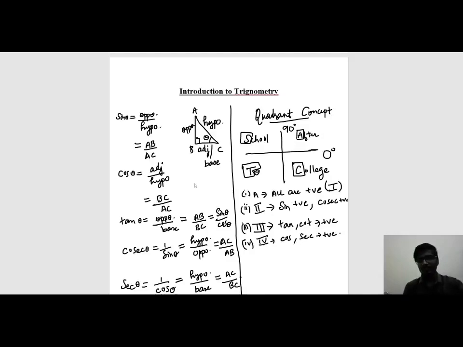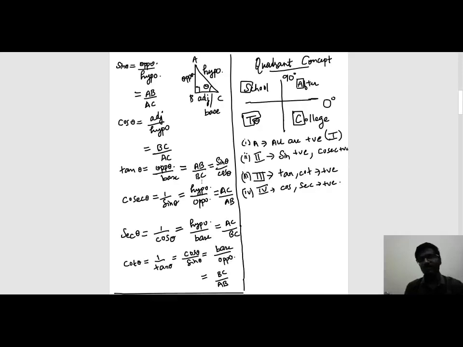Why we have studied this concept is, in many questions we need complementary things, or we need substitution. This comes up when we have to prove something, in questions like show that, prove this. At that time, we might be in need of this concept. So for building that concept, you should know that when there is an odd multiple of 90 degrees, at that time we will take the complementary and put the corresponding sign.